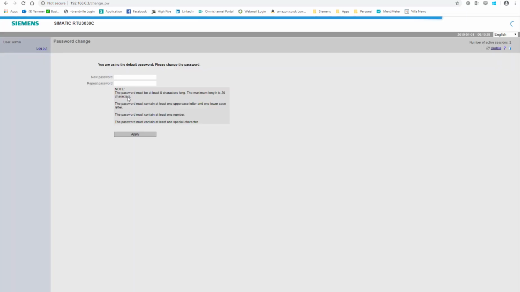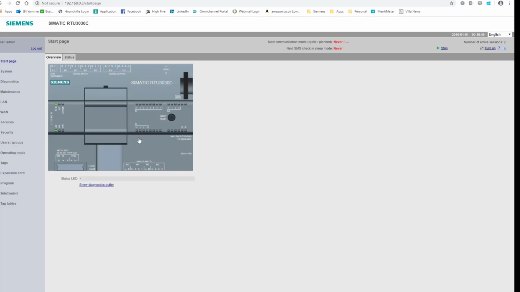The first time you log in, you will be asked to change that password. So this RTU 3030 is connected in my office. The first thing that I'm going to start doing is